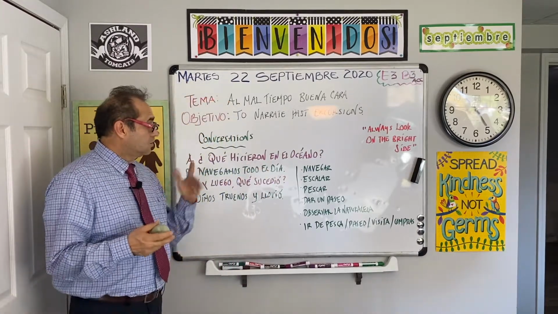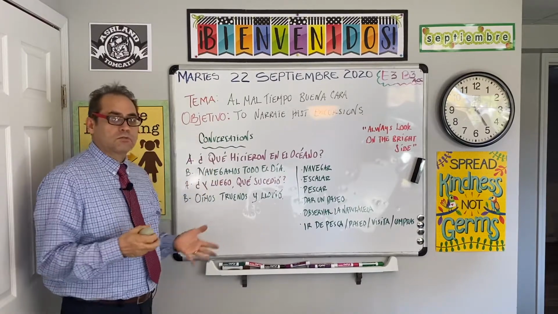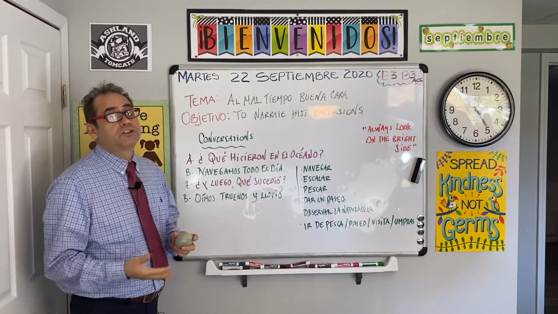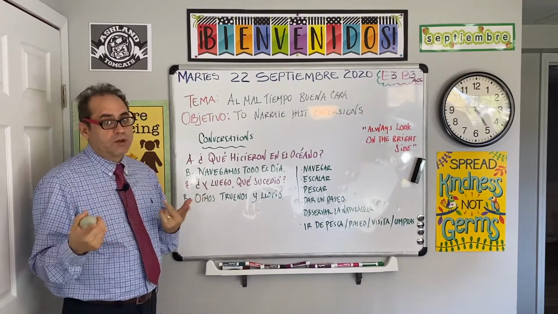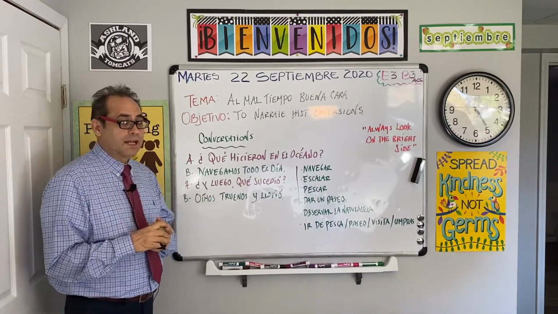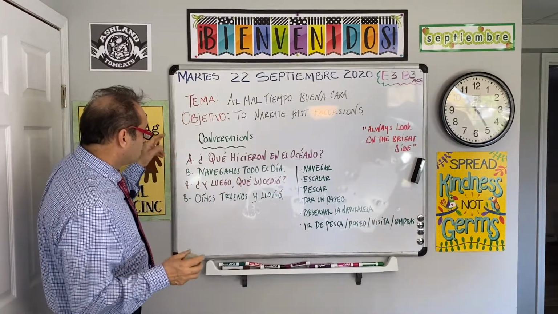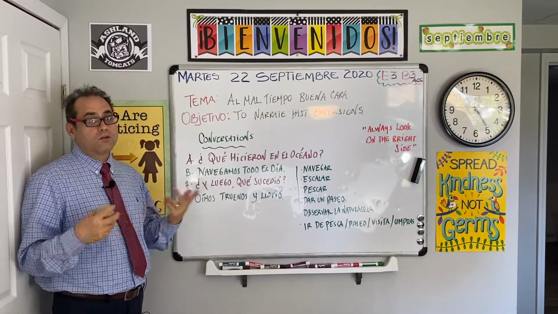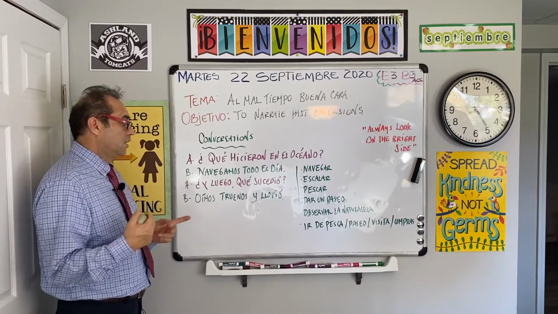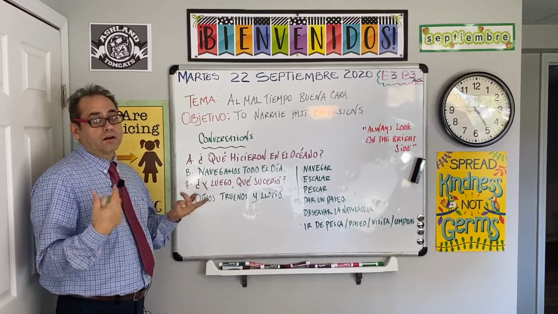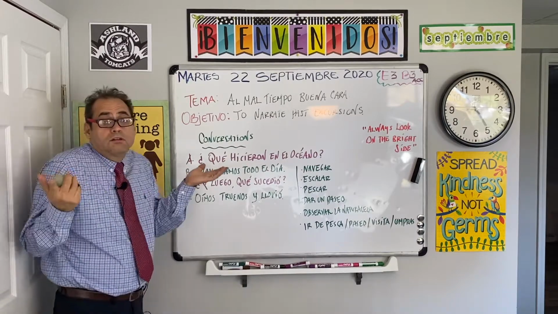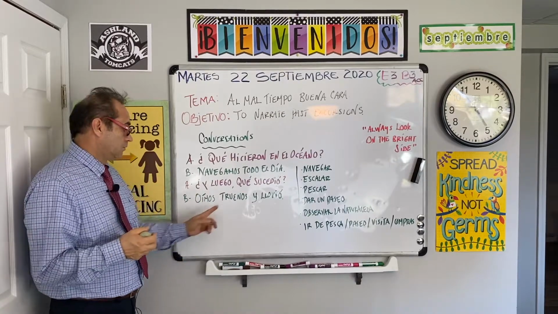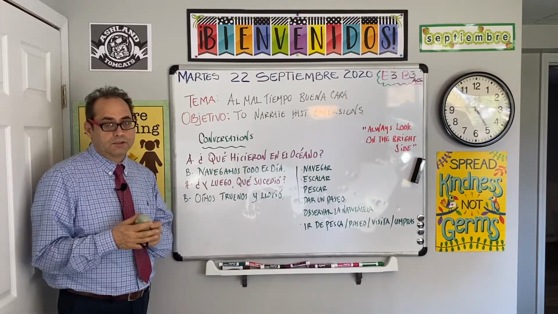Well, guys, basically today is simple. We're going to be creating short conversations using the vocabulary about camping, about adventures, and all the vocabulary that we worked yesterday in class. We're going to be making conversation like this one. Conversaciones. ¿Qué hicieron en el océano? What do you do in the ocean? What do you do in the sea when you were sailing? Navegamos todo el día. We sail all day long. ¿Y luego qué sucedió? Then what happened? ¿Qué pasó? Oímos truenos y llovió. We heard thunders and it started to rain or started raining.